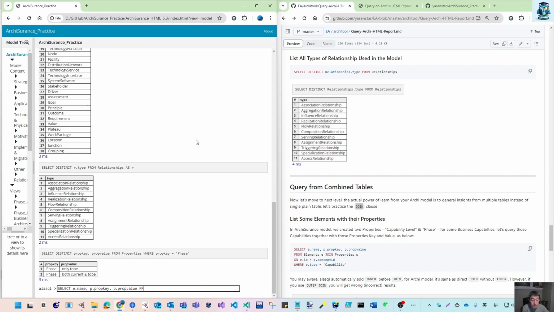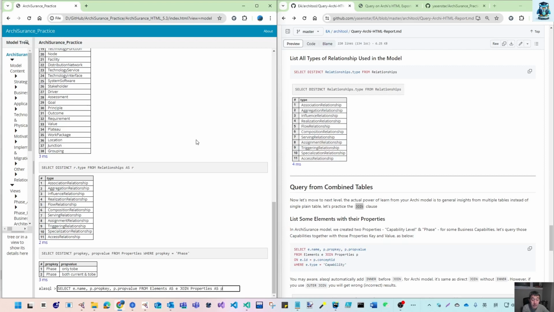And then, let's just keep writing, because in AlaSQL on this one line, this input field, if you click enter, you will run that statement. So let's keep elements as E. You can hide this as, that is fine. Then you can use join. That is the elements table joined with the properties table